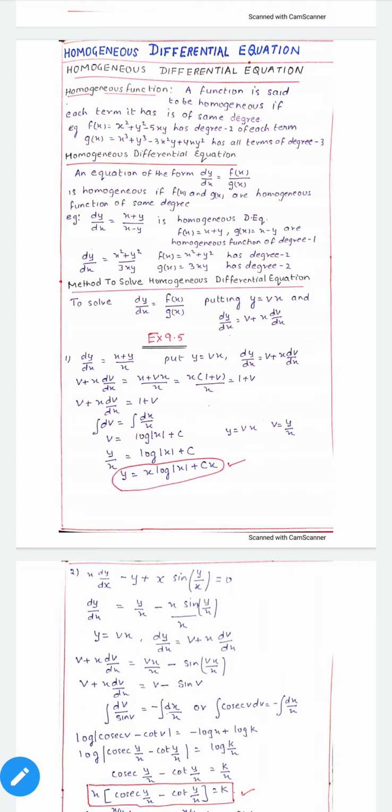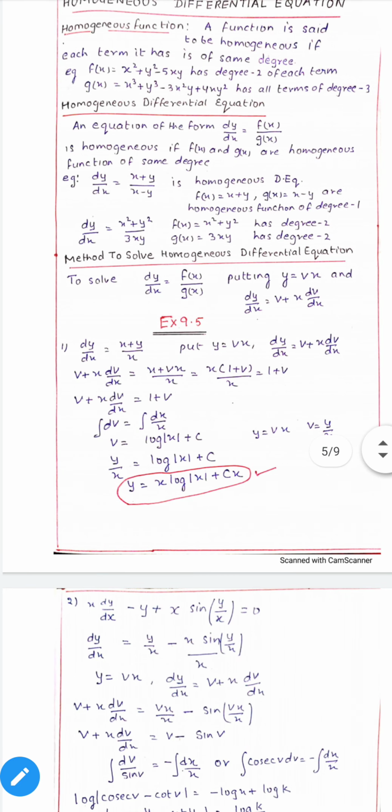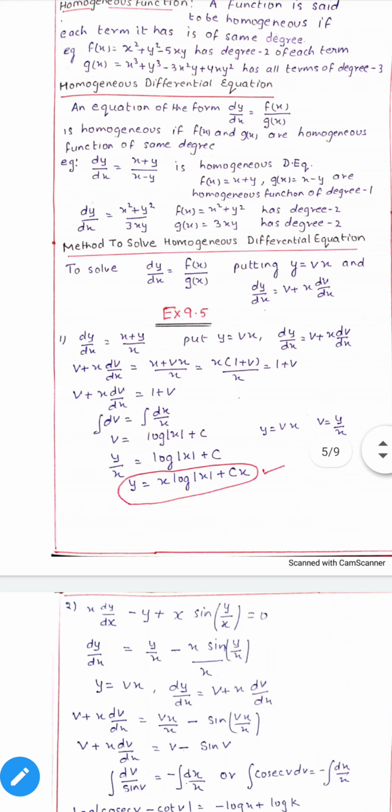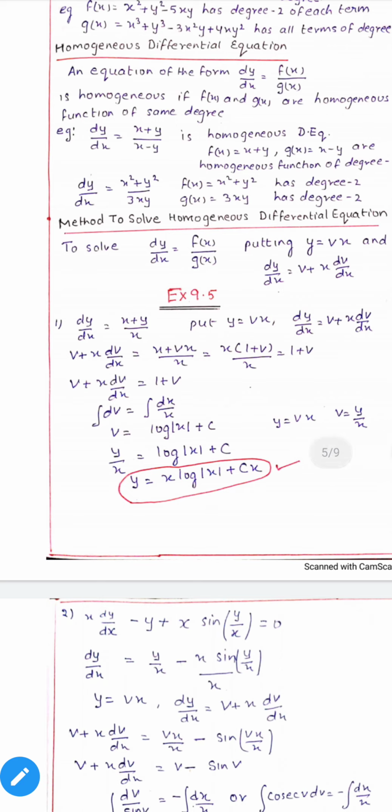A function is said to be homogeneous if each term it has is of the same degree. f(x) = x² + y² − 5xy has degree 2 in each term. g(x) = x³ + y³ − 3x²y + 4xy² has all terms of degree 3. Homogeneous differential equation is of the form f(x) upon g(x)